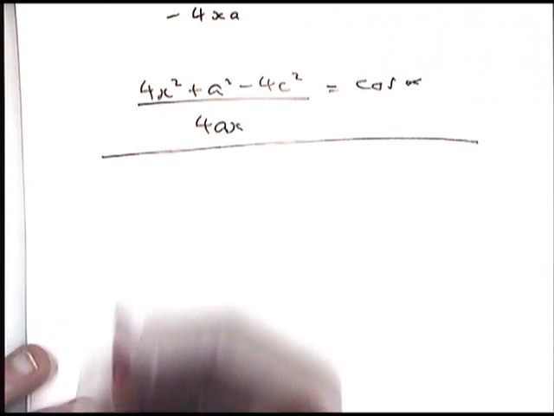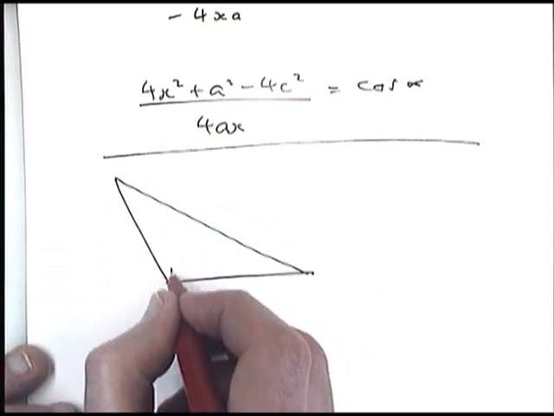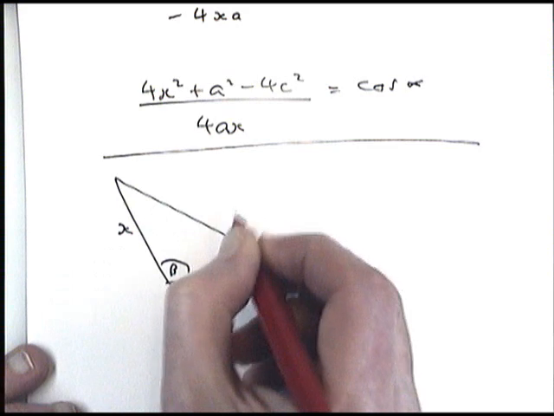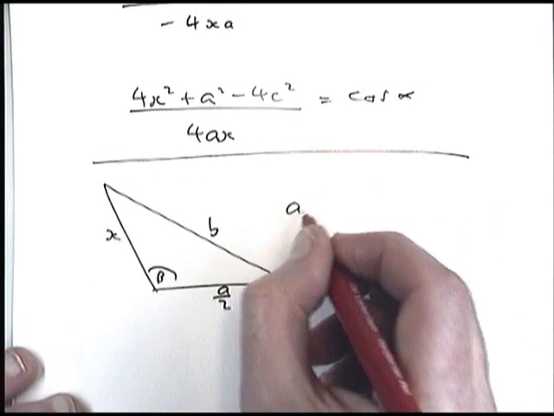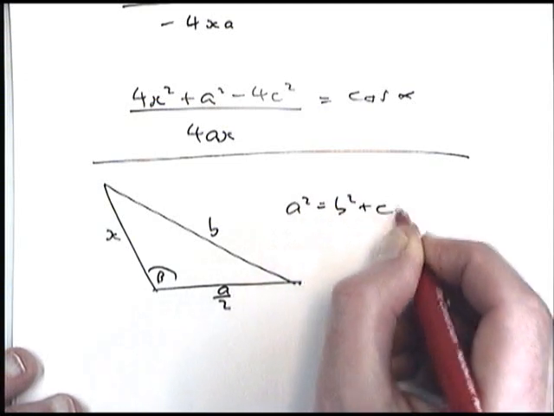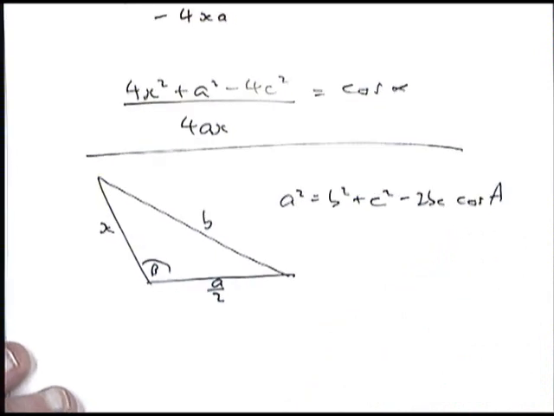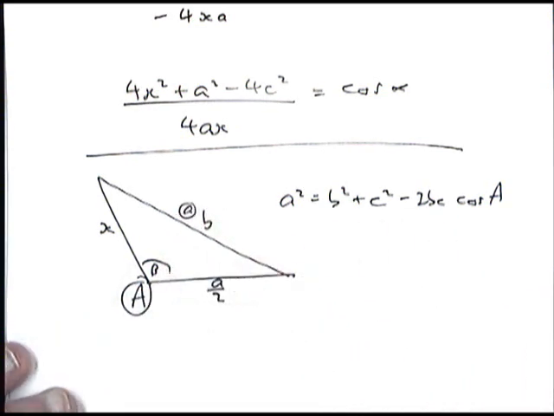They're then asking you to do a similar thing for cos beta. So we now need to look at the triangle in question. We've got beta here, x here, a over 2 here, and b here. The cosine rule we normally use, again, is a squared equals b squared plus c squared minus 2bc cos a. In that case, that would be our angle A. I've put the circles in, they're going to correspond over here, so normally we will call that angle A there,